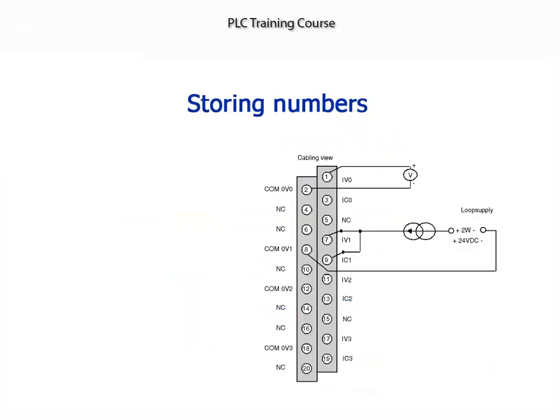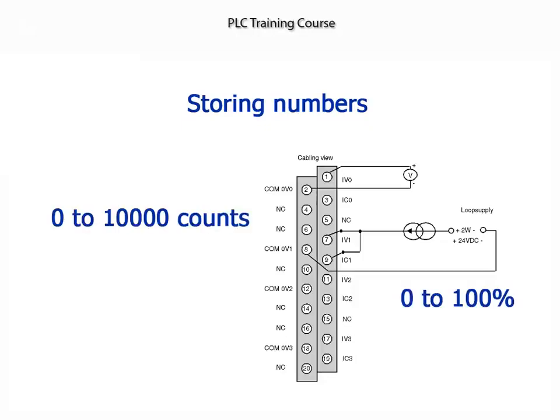PLC analog cards convert the analog values to counts, so a range of 0 to 100% could be converted to 0 to 10,000 counts. Even though there isn't a decimal place, the decimal place will be assumed to be at least 2 digits, so 10,000 counts would be interpreted as 100.00%. So